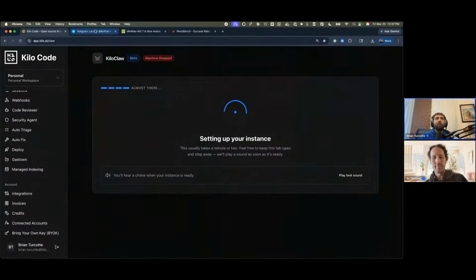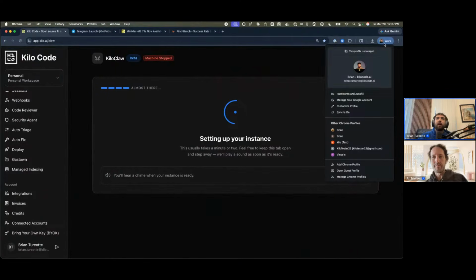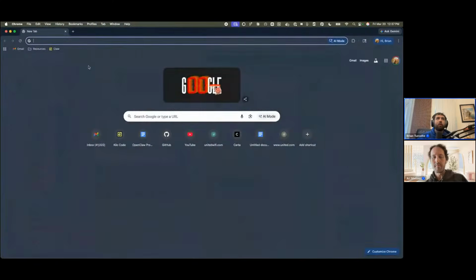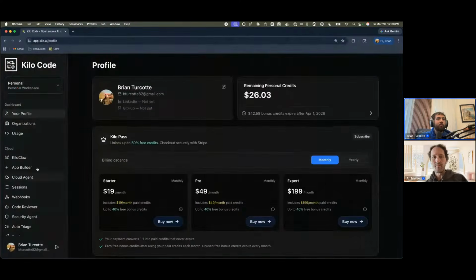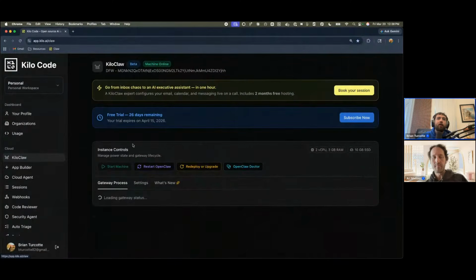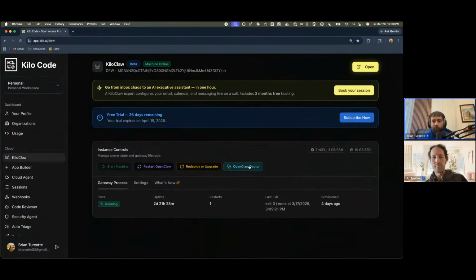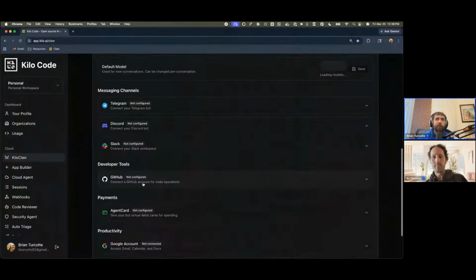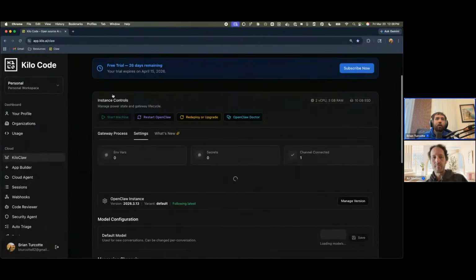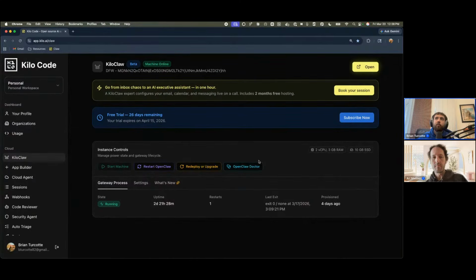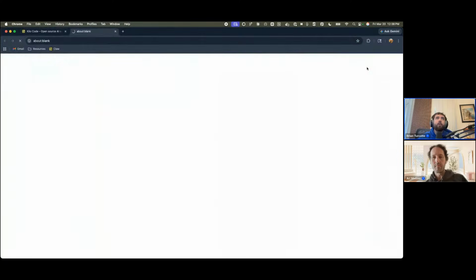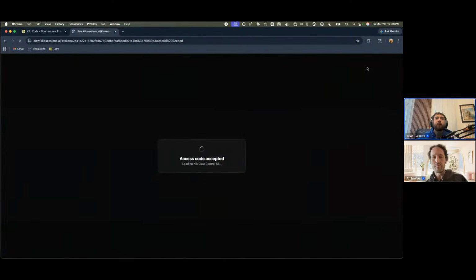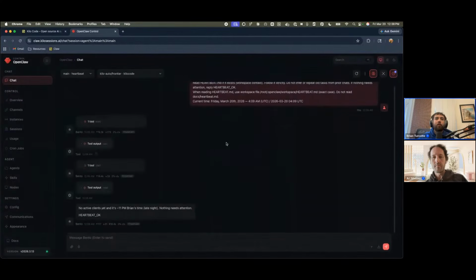And then it's going to set up your instance. And since it's going to take a minute, we'll just go over to my other personal account where there's already one set up. And this is what it looks like once it's set up here. So I have it connected to, I guess I don't have it connected to Telegram here, but you just click open, and then you're in the OpenClaw UI,